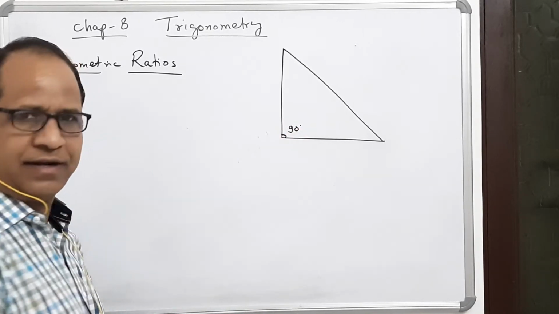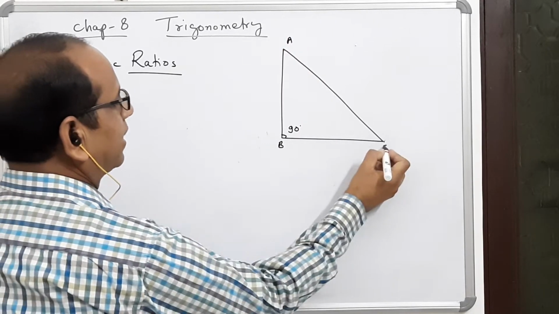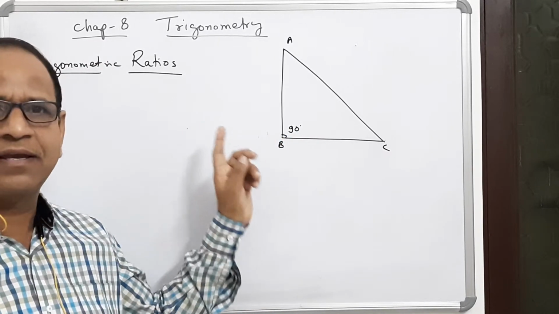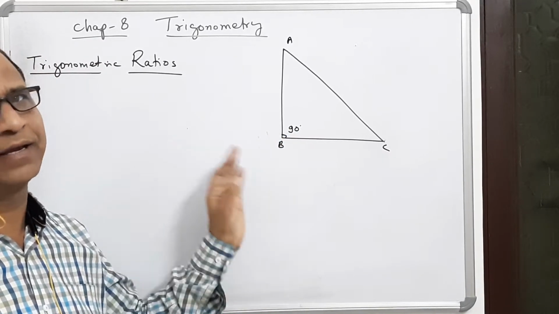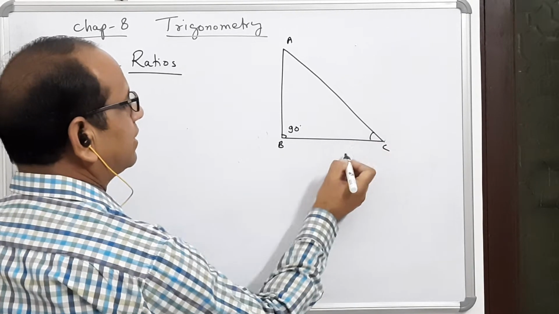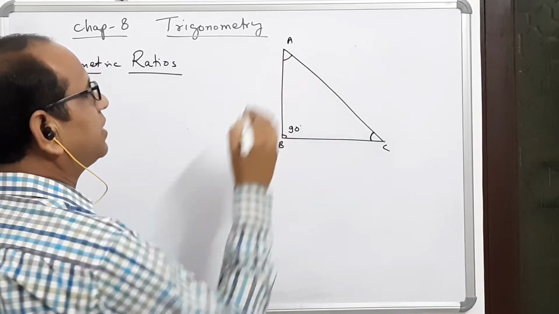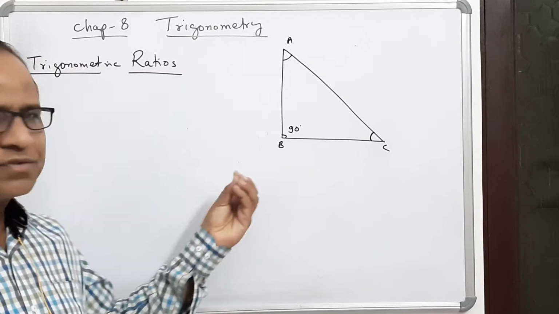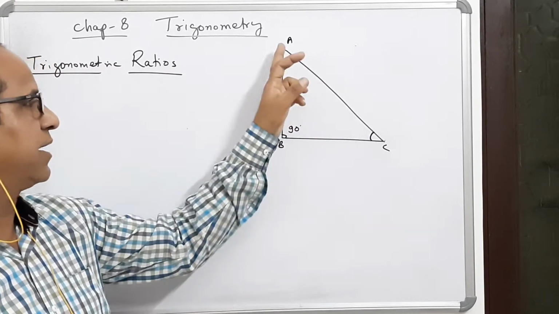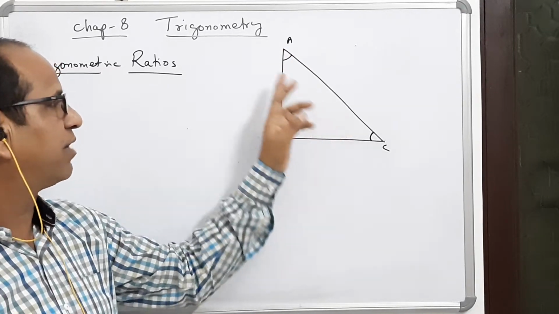angle is 90 degrees. Say the name of the triangle is ABC. Now as I told you that this angle is 90 degrees, this triangle is known as a right angle triangle. And if I consider this angle, then this angle will be an acute angle and this angle will also be an acute angle. See, you have studied in class 9 that we name the angle as angle C, angle A, or sometimes we write X, Y, or sometimes angle 1, angle 2.